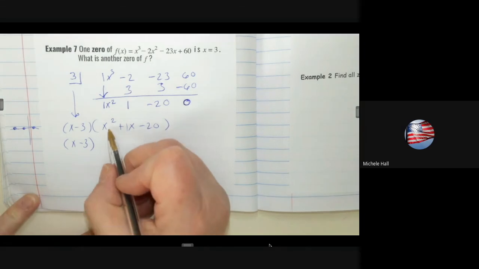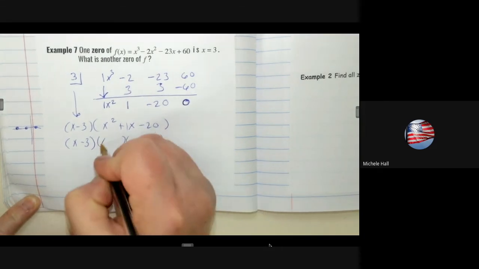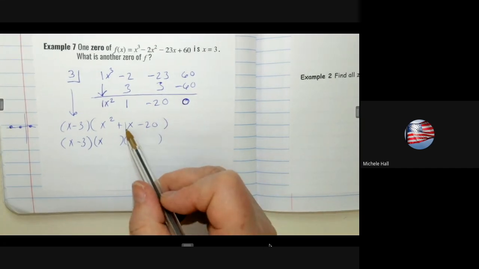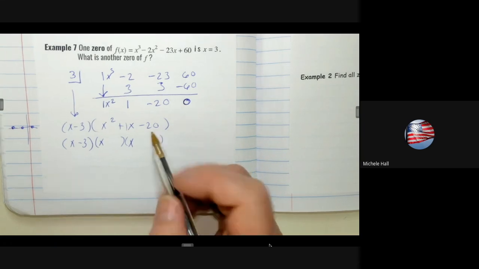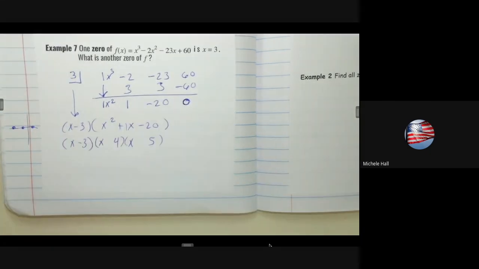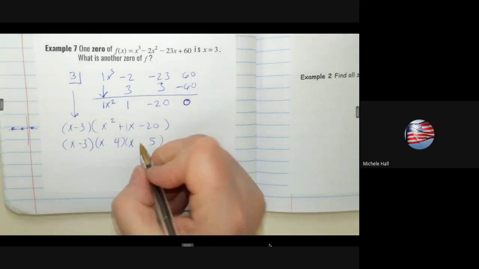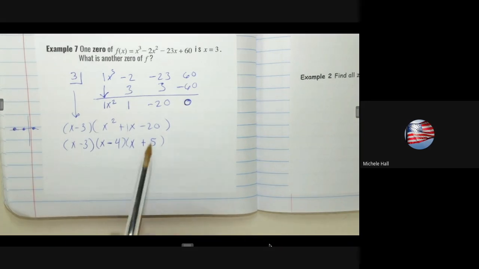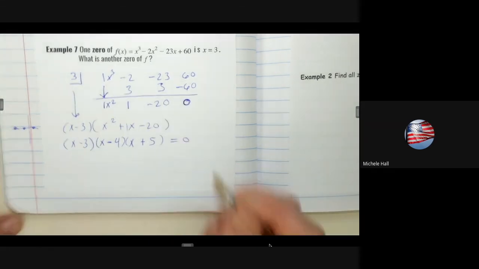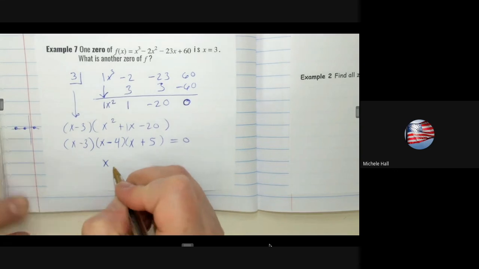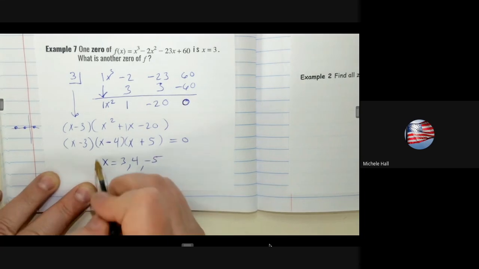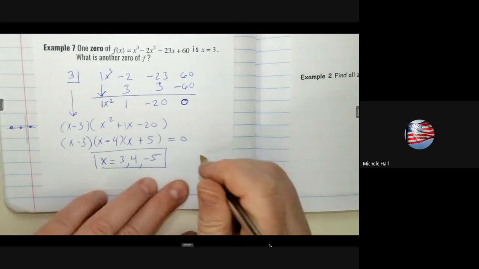Okay, does this quadratic factor? X times x is x squared. And then I'm looking for a 1, so those numbers would have to be close to each other, like 4 and 5. 4 times 5 is 20. I need a positive 1x, so that would be positive 5 and negative 4 would add to 1x, and negative 4 times 5 would multiply to negative 20. And now I just solve. Set it equal to 0 and solve. We get x equals 3, 4, and negative 5. We just found where the polynomial